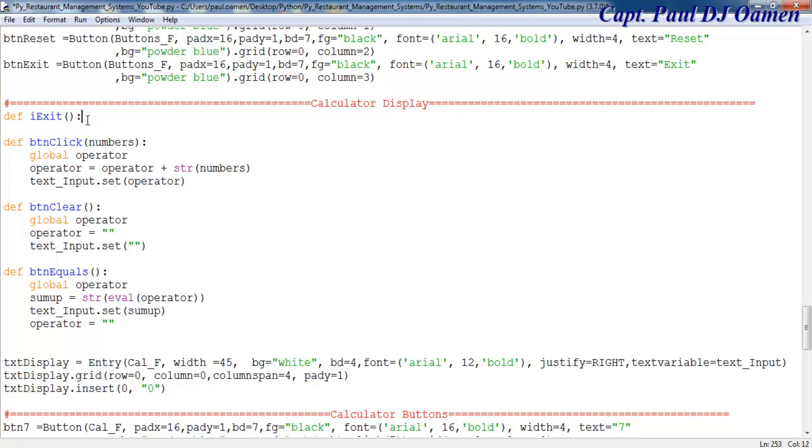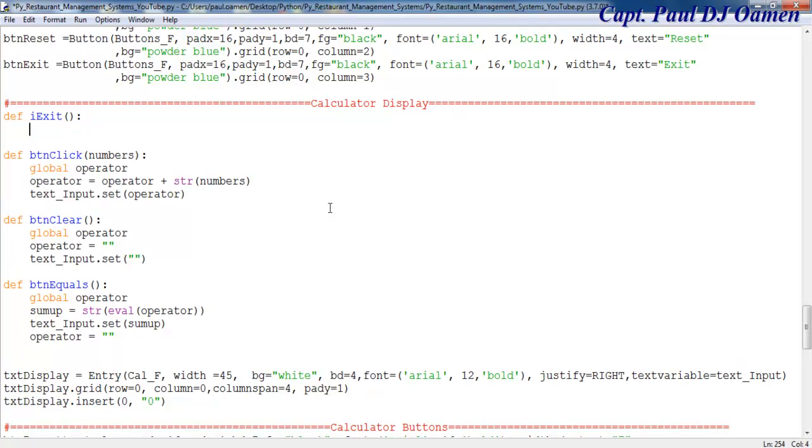So that is for i exit. So to exit, I'm going to use i exit equals tkinter dot, that should be message box. Let's say msg box dot